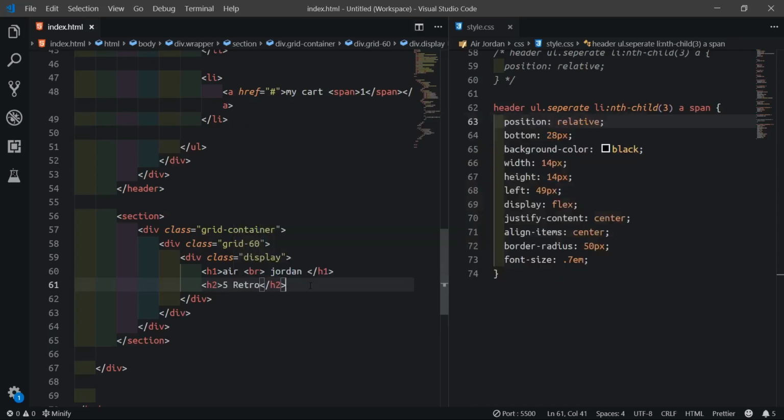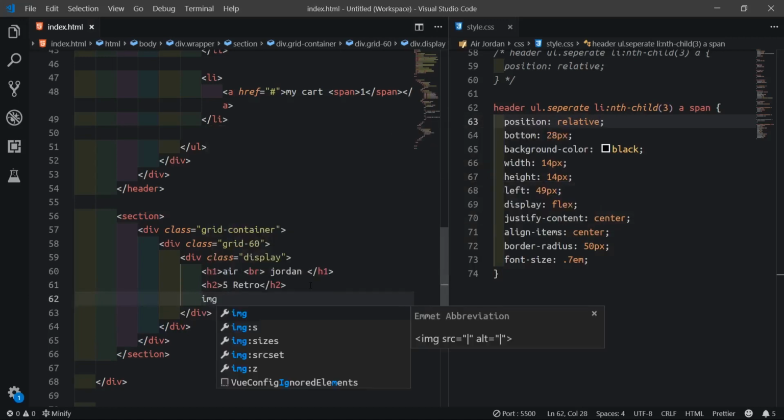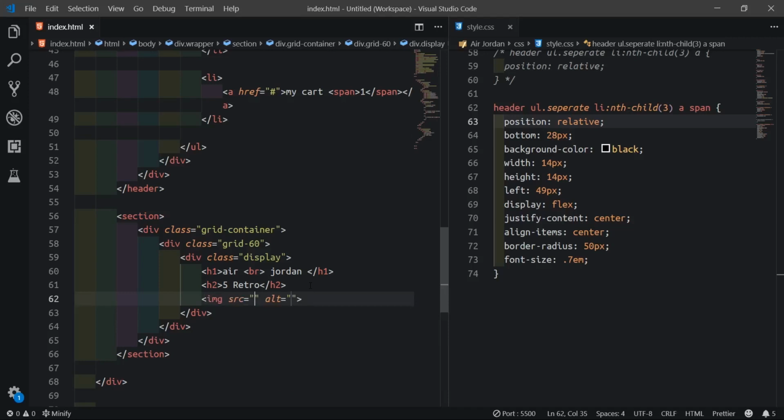Then after that, I'll call this image tag. Then I can say assets, I'll type assets/sneakers.